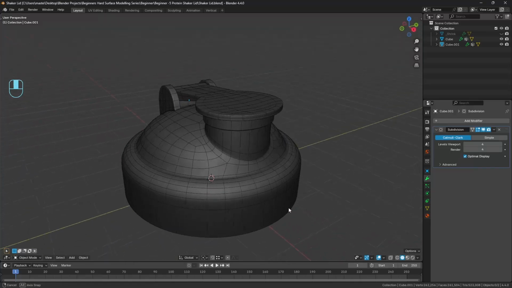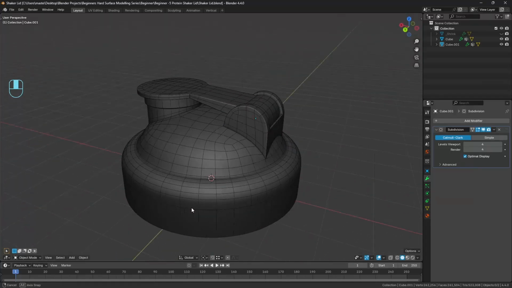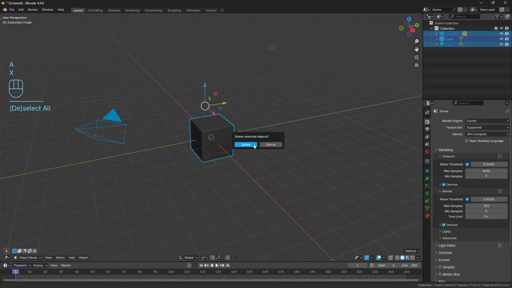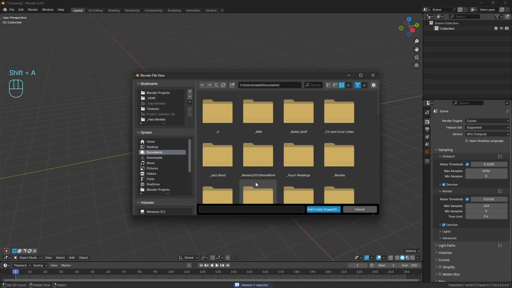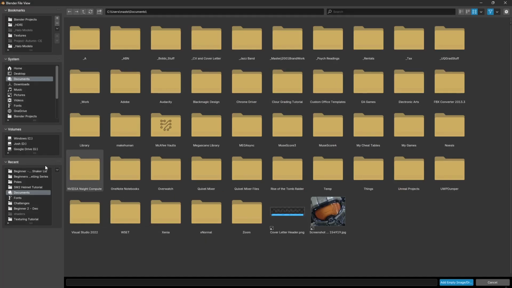In this tutorial, I'll show you how to model this protein shaker lid here. So just in a new file here, let's just go ahead and delete everything. And as always, we'll go ahead and bring in our reference images, which you can find in the resources section